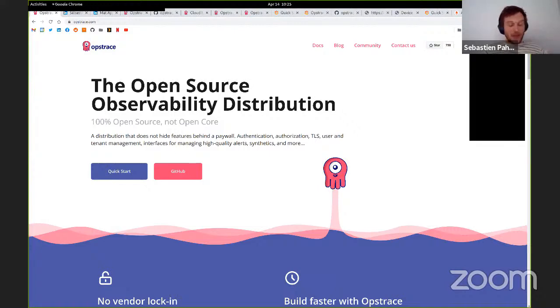Yeah, we looked at Vector. We haven't played with it just because you can't play with everything, but it has a lot of cool ideas, and it's pretty nice. Vector is very cool. Probably I'll make a pull request on how to integrate it in Opstrace. Yeah, go ahead, feel free if you find an idea.